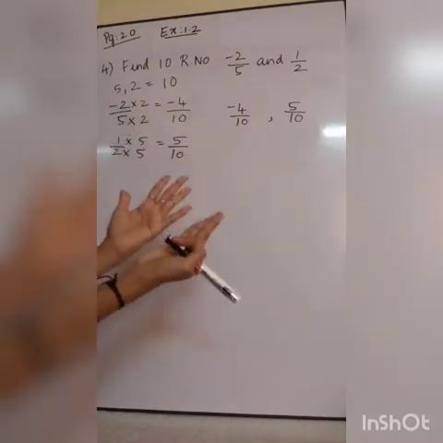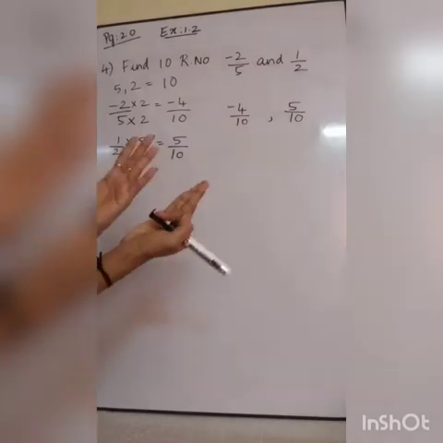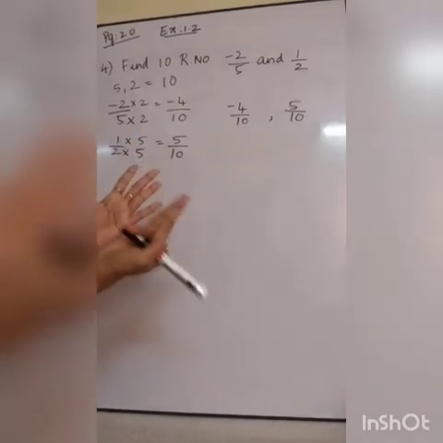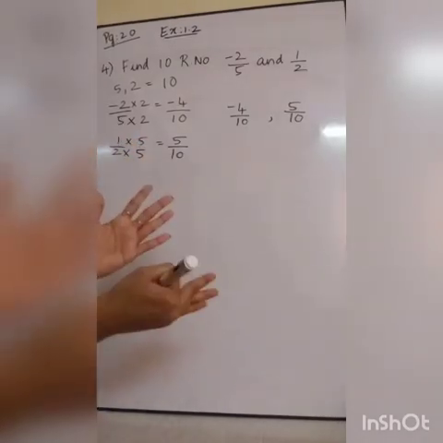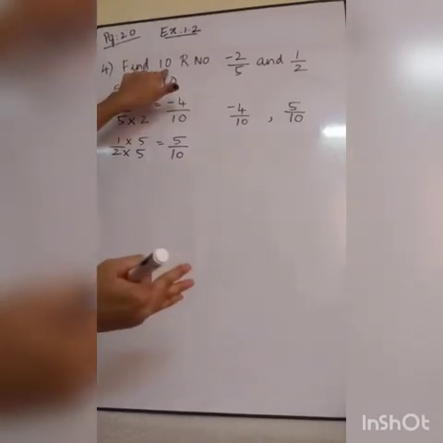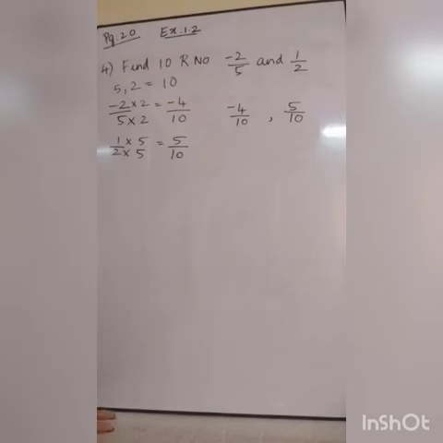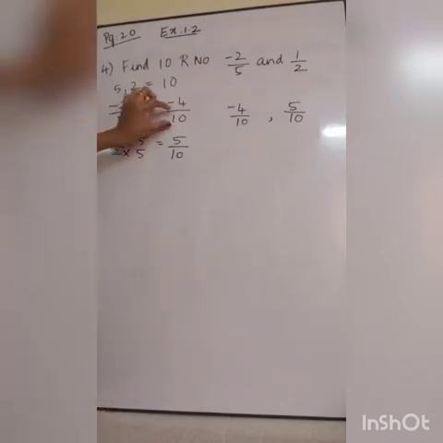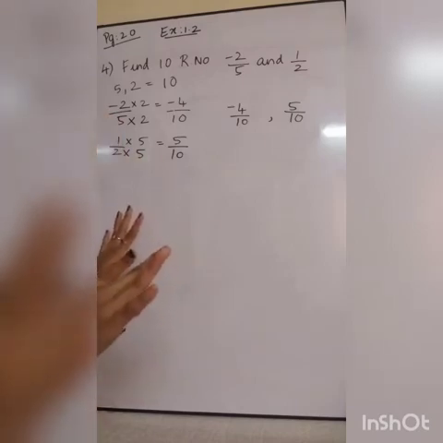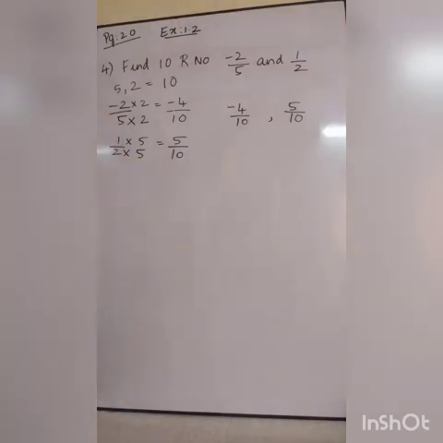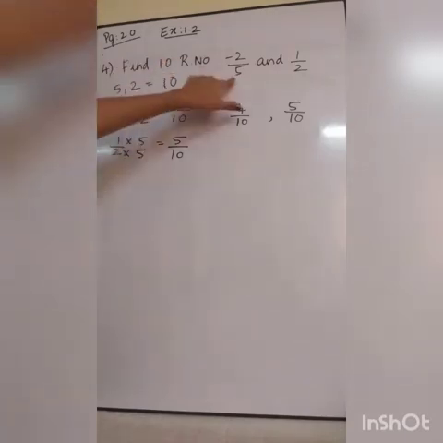That's all. How many rational numbers are you actually getting? Only 8 rational numbers. But how many do we want? We want 10 rational numbers. So the LCM method we can't use here. By using LCM we can make the denominators the same, but we can find only 8 rational numbers in between. So there is another method where you can use common multiples of 5 and 2.